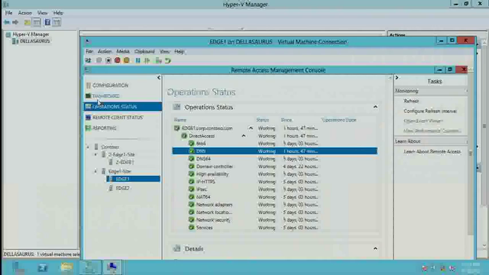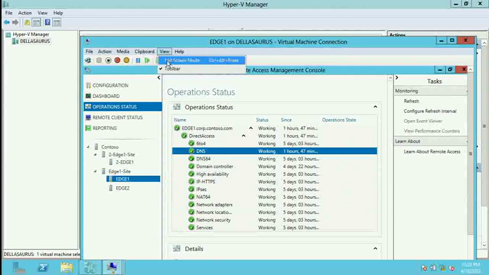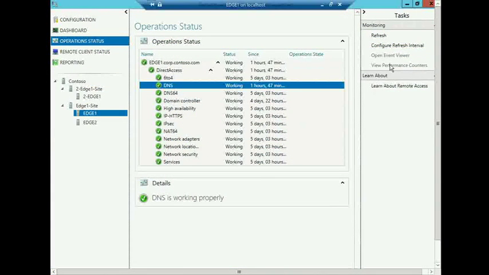All right, so what we've got here is my remote access management console. You'll notice a couple things. We've got configuration, a dashboard, and operation status, and I'll do a quick walkthrough of how this console is laid out. So within the operation status, this is your really simple red light, green light solution to see what's running, what's not running. Red's obviously bad, but in this case, you can see that for this particular edge server,